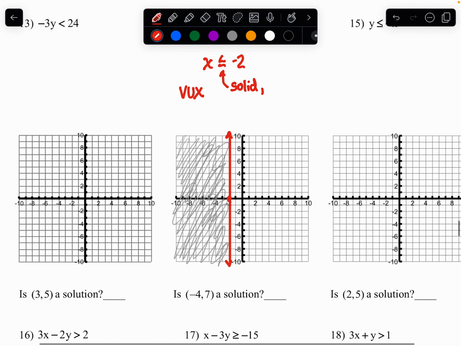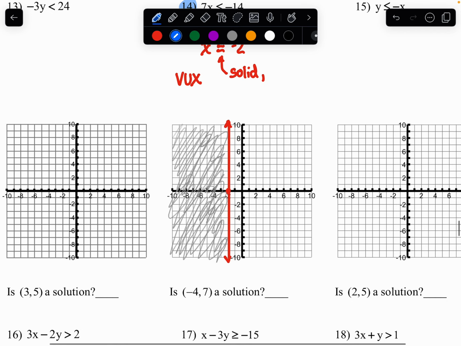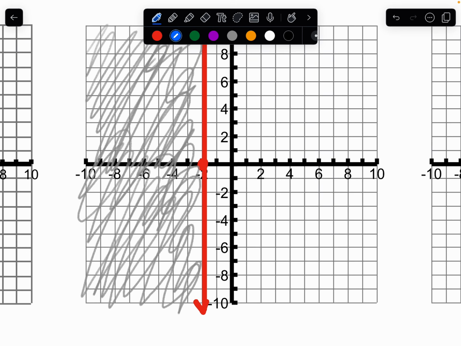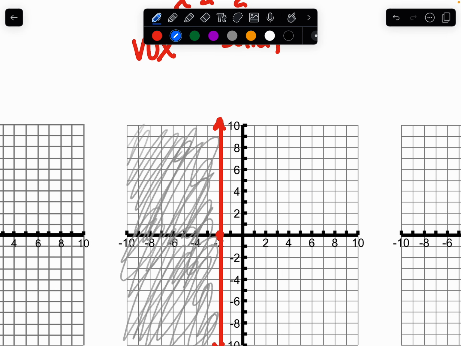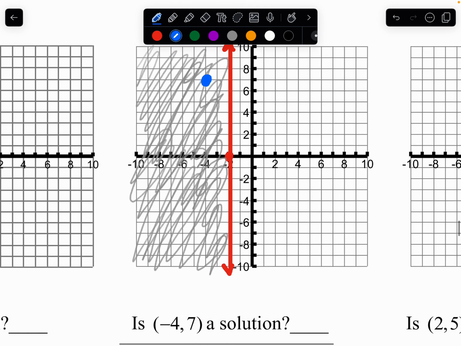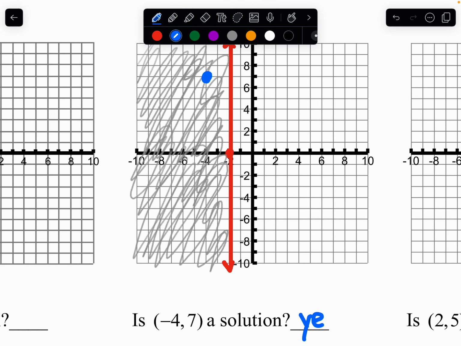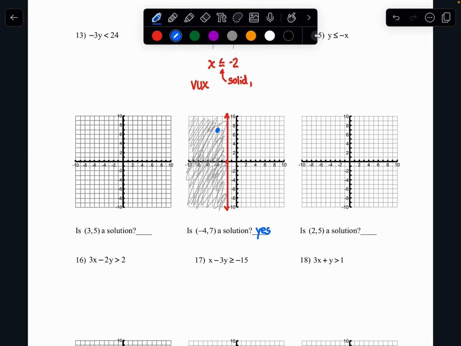So there we go. Let's test the solution they propose. So -4, 7, right, is up here. And that is in the solution set. So we're going to say yes. All right, so